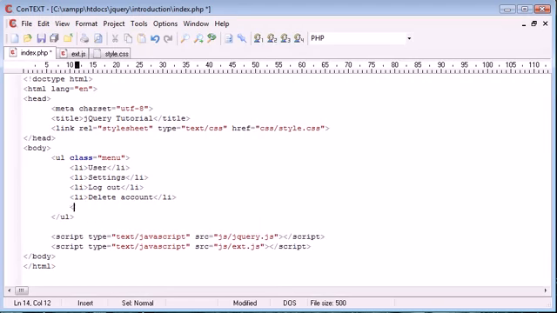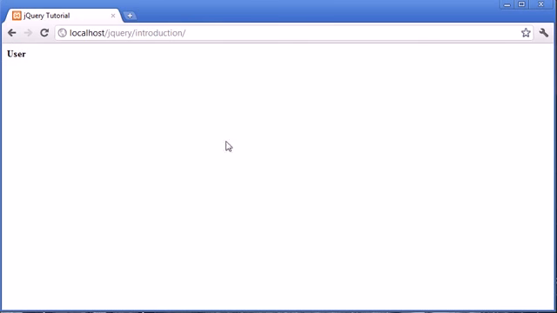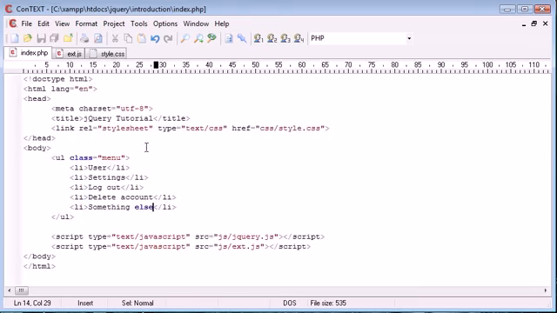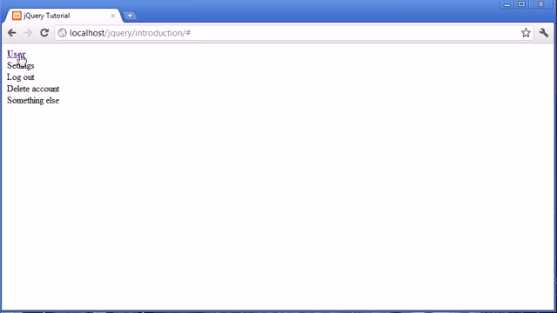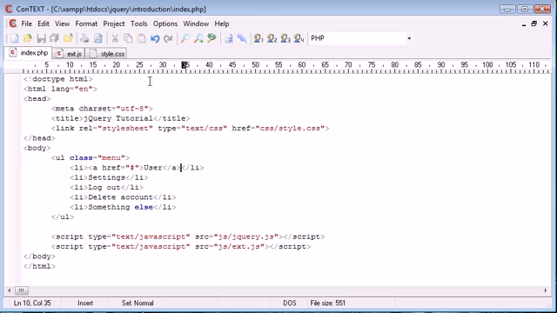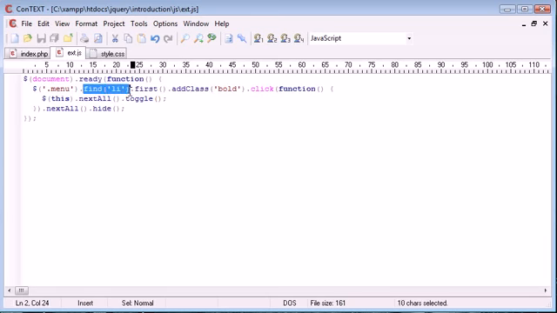So when we go ahead and add some more li elements on, for example something else, now we know that when we click, we gain these menu items, and we can click this and click it again to get rid of it. I guess we could even go ahead and add on an href that goes to nothing, just to make it look a bit more like a menu item. What we're doing now is we're finding li, which we've talked about, the first one, and we're adding class bold, and